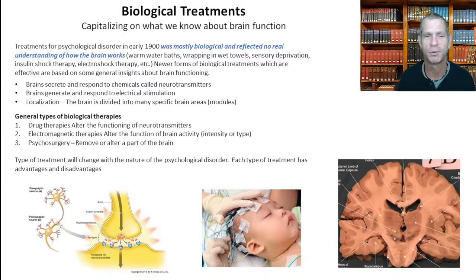So if you look from left to right at the bottom of the screen, you see the neurotransmitter functioning, and you see the little red molecules being diffused in the synapse between the dendrite and the terminal button. You see next to that a little baby with an EEG on, measuring the electrical output of different parts of their brain. And you look directly beneath me and you'll see a coronal cut of a brain identifying all the different areas of the brain, these little spots in the brain.